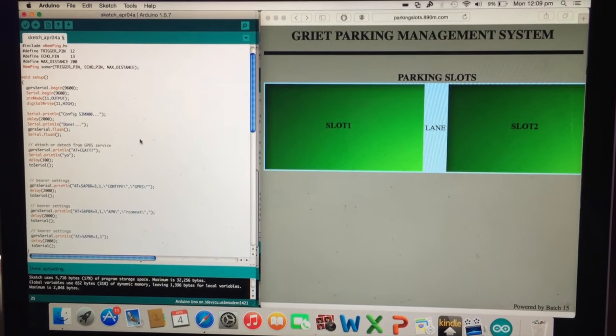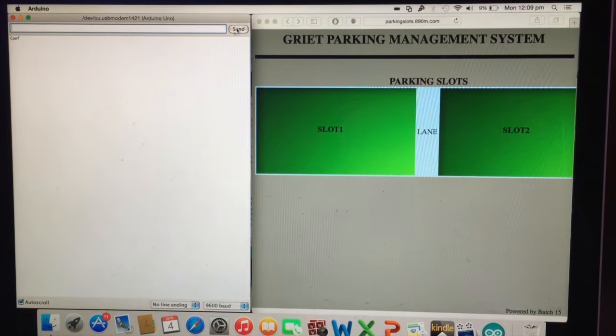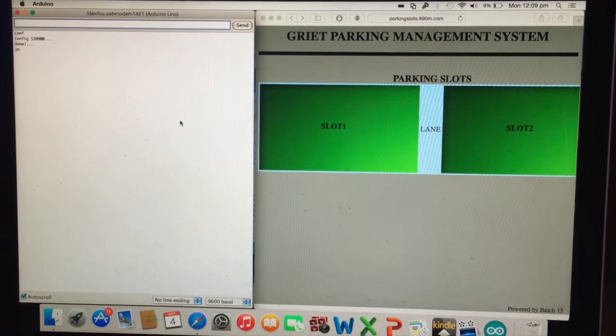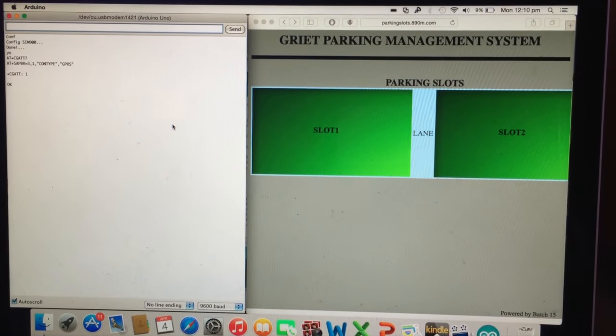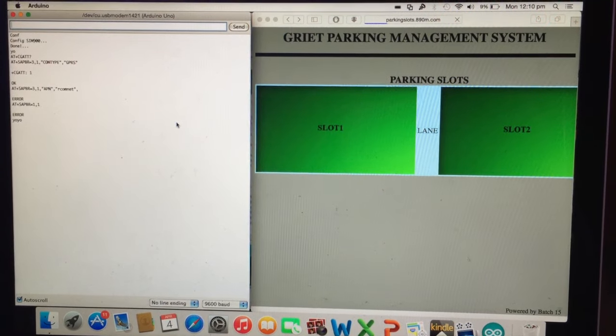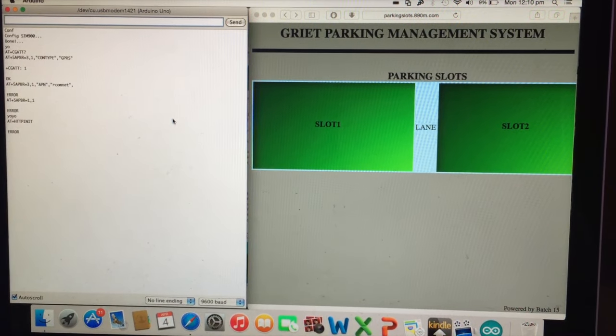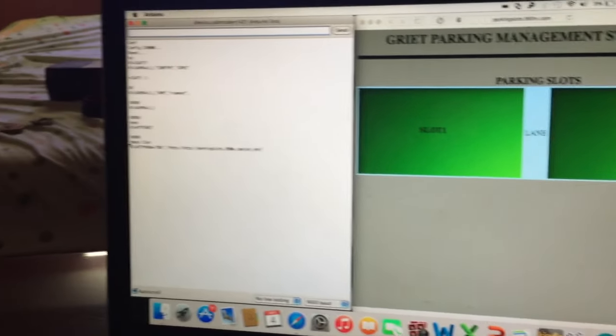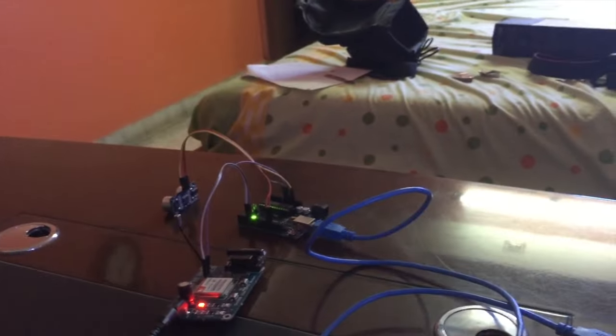Once it is done uploading, we have to open the serial monitor, in which the SIM is configured using the AT commands. Initially the slot is empty and it is shown as empty slot in the serial monitor.